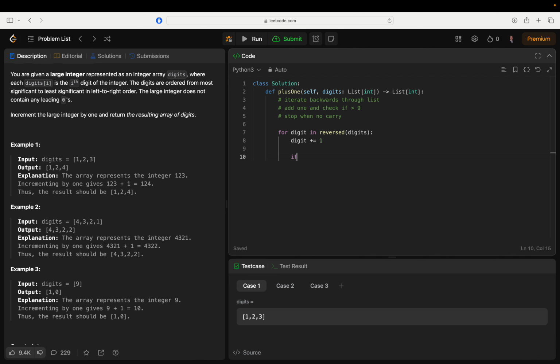If digit is less than 10, return digits. Otherwise,